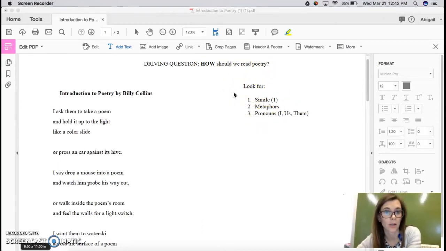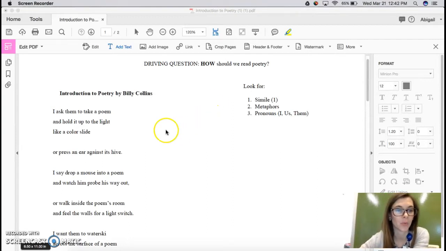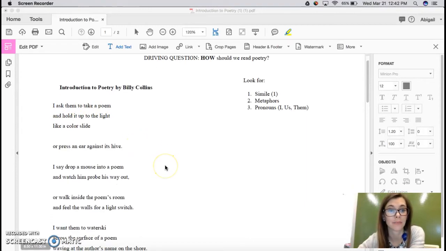I'll ask that you pause the video at this time and attempt to do this on your own first. Once you've done it once through on your own, resume the video so you can watch me mark the text as well, okay? Right, so now at this point, if you're still watching, that means you've already read the text through at least once. I'm going to go ahead and read the poem out loud and mark the text as I read.